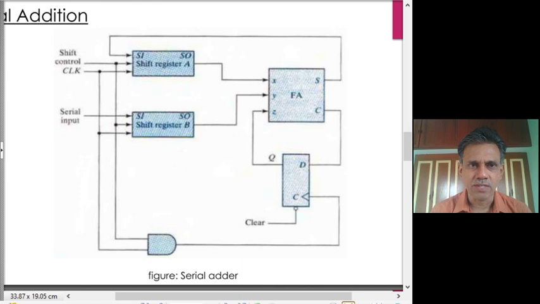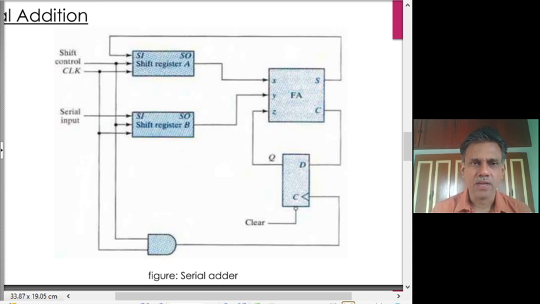We have two shift registers A and B and then a full adder, so that can carry out a bit by bit addition. The carry that is generated in any given bit position is being stored using a D flip-flop and then reused in the addition of the next bit. A clock controls the shifting in the shift register as well as in the D flip-flop. We have a shift control operation that enables only the appropriate number of clock cycles to control the shift register and the D flip-flop, or the shift operations.